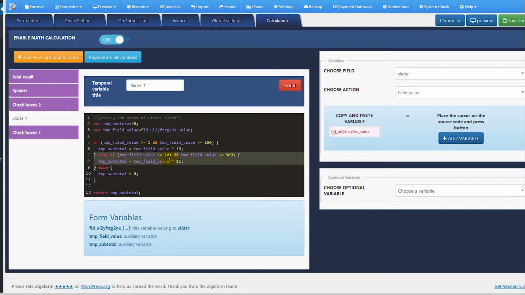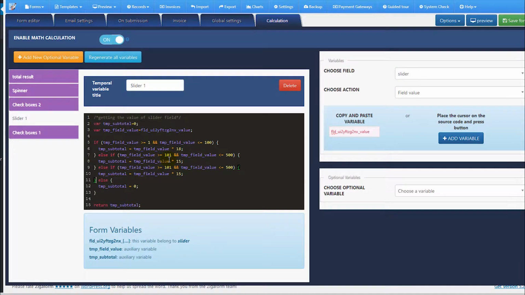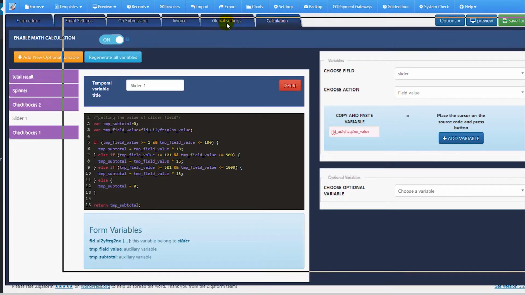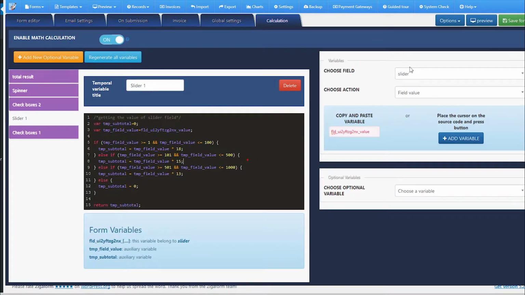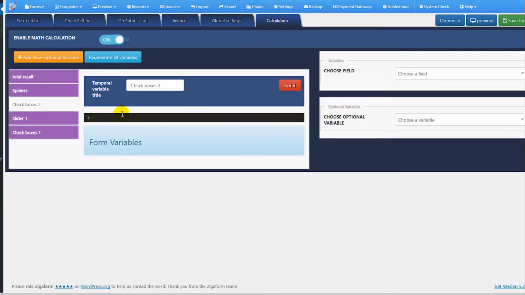We have another conditional here. This is one and multiply it by 13. There it is. It's done. So as you can see, I made all the conditions. Save changes. Then